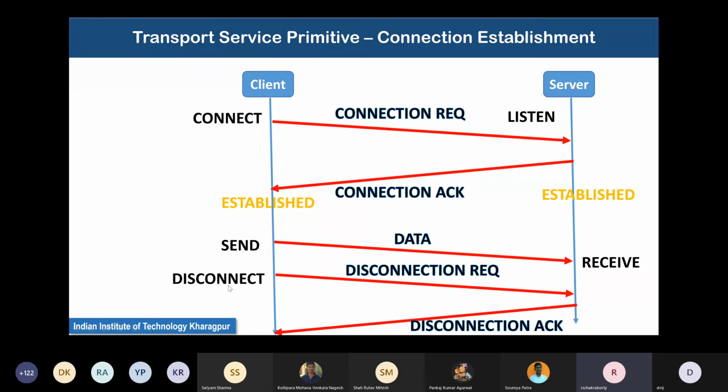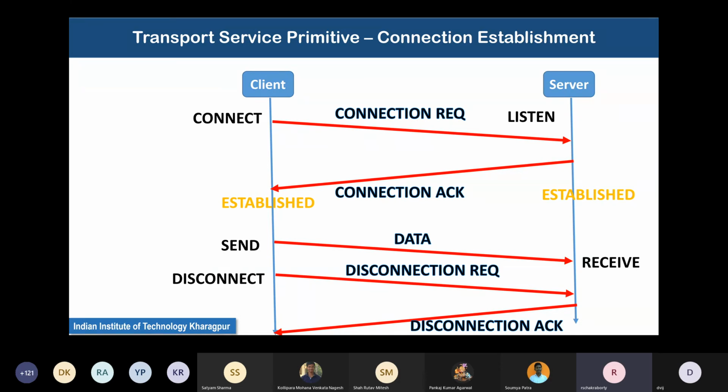That is not shown here. Okay, but you will see that's the case. That's what happens, corresponding to every data segment that will be sent. Here only one red arrow is shown, but many data segments will be sent in practice. Each of these data segments will be acknowledged, or it is possible that a bunch of data segments are acknowledged using one single acknowledgement message. That is also possible, but they will be acknowledged.